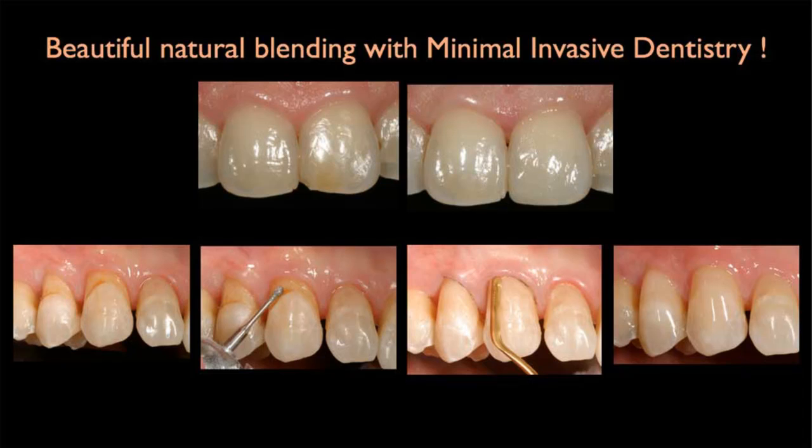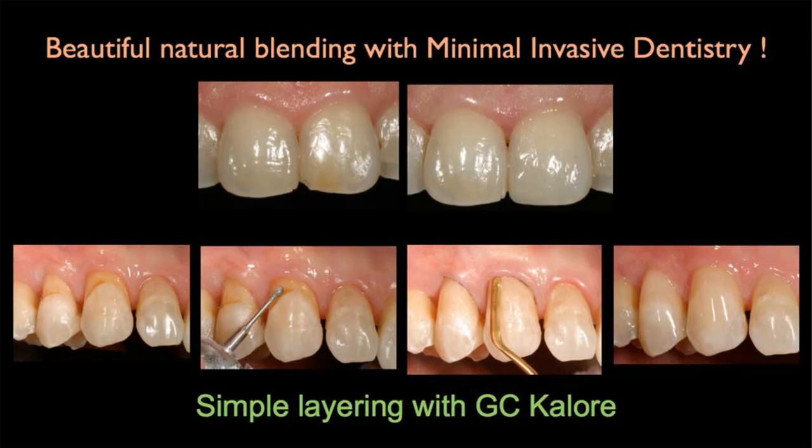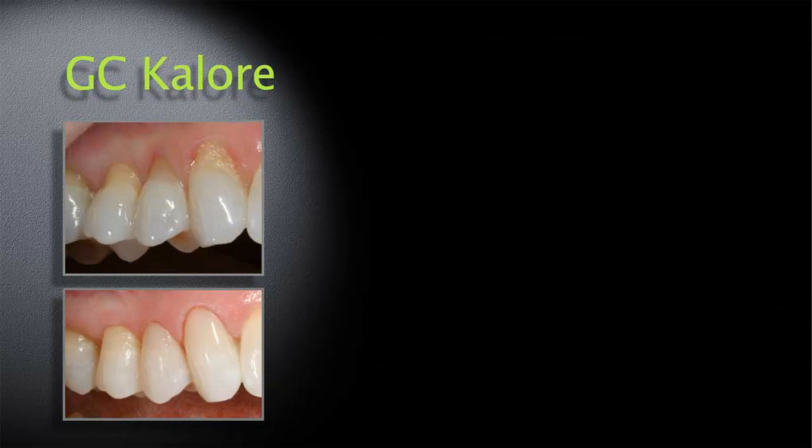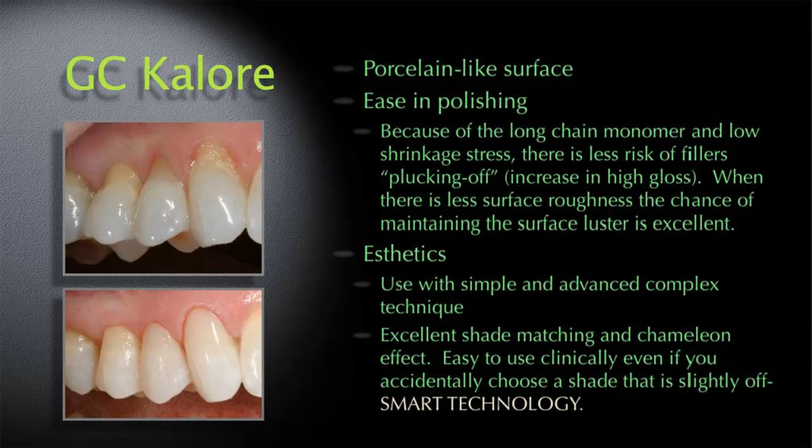Now, some other characteristics of this material are really quite nice because you can achieve a porcelain-like surface. Take a look at the results below. You can see how it's very, very high. You get this high luster effect. And the ease in polishing is tremendous because of the type of composite it is. This nano hybrid is